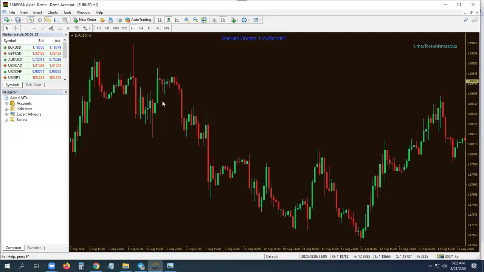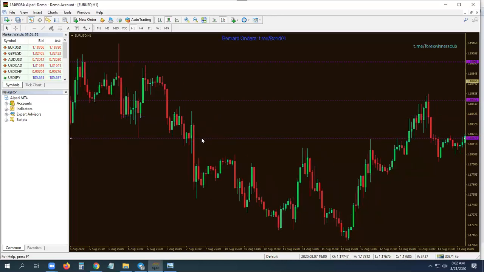Just leave the mouse alone for now. This is your resistance here. This was past resistance that has become support. There's no breakout here on that support. But now there's a breakout here. And if this was support, there was a breakout here. Breakout has to happen with a candle closing outside below your level if you are at support. So like you have drawn your support here. If this is your support range, you know, like I like drawing a zone between the body and the wick. So if the whole of this represents your support, this candle has broken through the whole range. So it's a breakout, a bearish breakout.